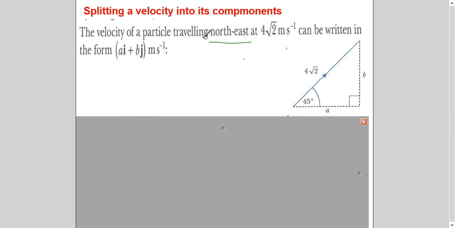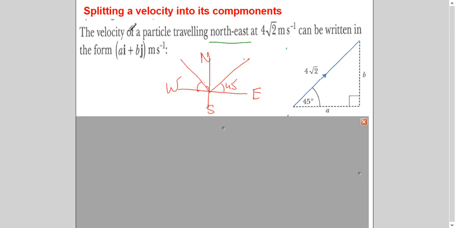If the particle is traveling northeast at this speed, at this velocity, why am I saying velocity? Because direction is given here. Now, you know it is east, west, north, south. When the question says northeast, it means exactly in the center of north and east at the angle of 45 degree. If it says northwest, it means exactly at the center here, and this is 45 degree each. Similarly for southeast and southwest. So this is hidden information, but you should understand that the degree here is 45 degree.